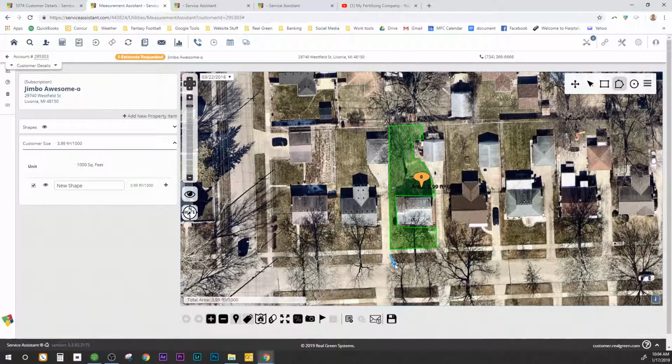So we're going to continue measuring this property. We're going to do the front part now. Right there. There's a little area on the side right here. We're just going to measure. I just know this property, so that's why we're going to add it. And then,